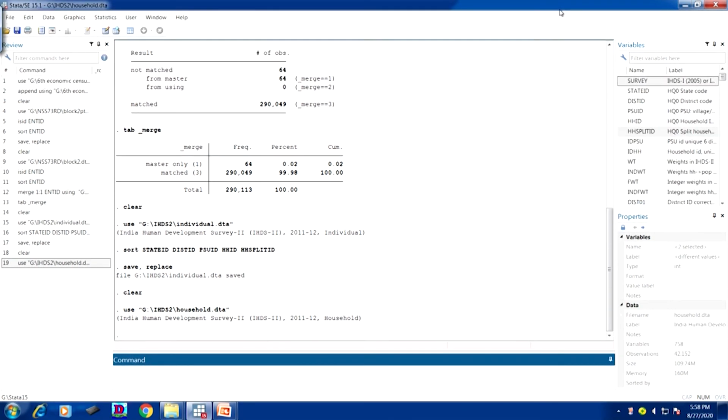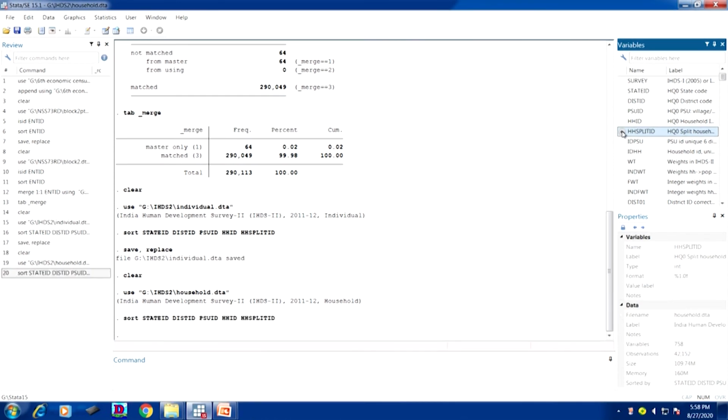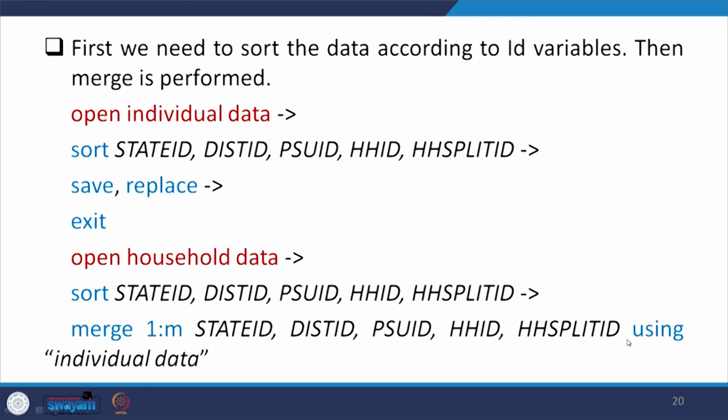Again the same approach will follow, then sort. The unique ID has to be the same unique ID, otherwise it will be problematic. Since there is no error coming, that means it has been identified. We are not going to check the unique ID, though we could check it the way we did, since we already know it. So, this part is done. What is left for us? We have sorted both the files. Now, we will merge.